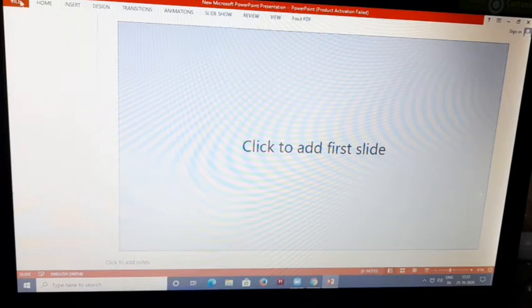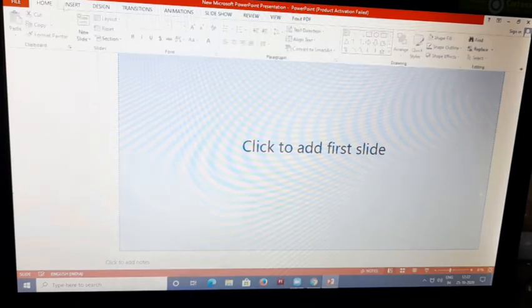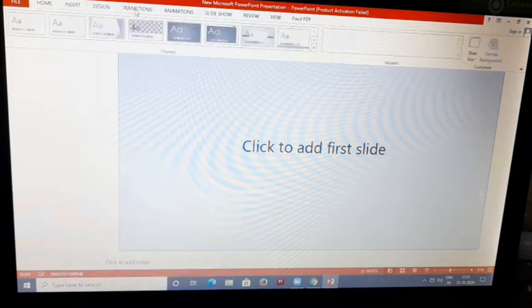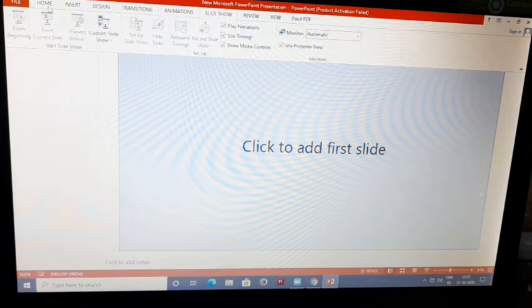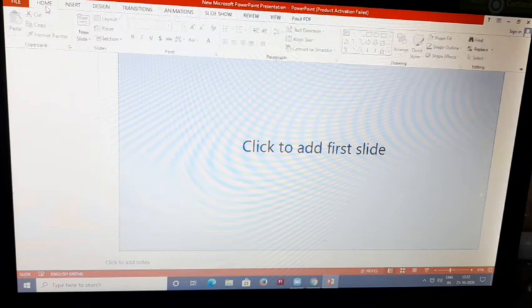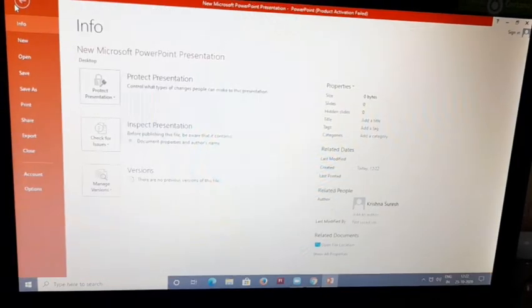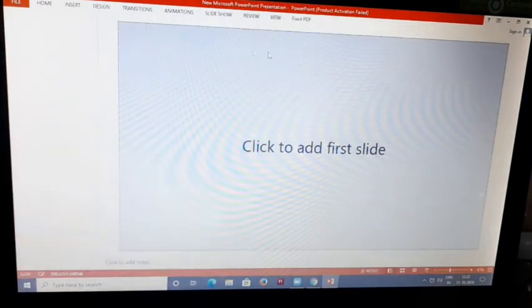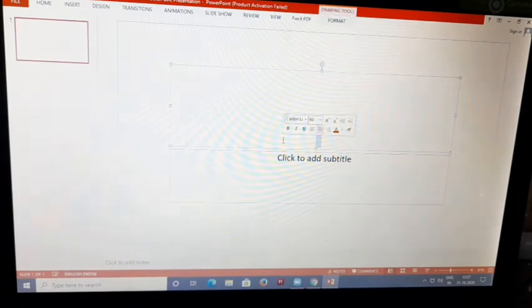When we go to the Home tab, we can see many other facilities and functions here. Once we click the first slide, it will come like this. There is no title and there is nothing here.